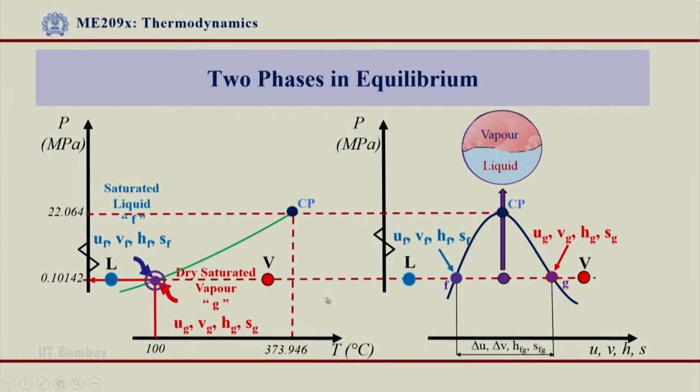The third condition also can be seen when you are on the LV line, when we are on the saturated liquid or saturated vapor. We know that if I see in PV diagram, saturated liquid would be given by UF, VF, HF and SF property that you see from steam table, and saturated vapor condition will be given as UG, VG, HG and SG. Different properties are given over here: internal energy, specific volume, enthalpy and entropy. Anything that lies between UF and UG, VF and VG, HF and HG and SF and SG, we know that it is in two-phase zone.